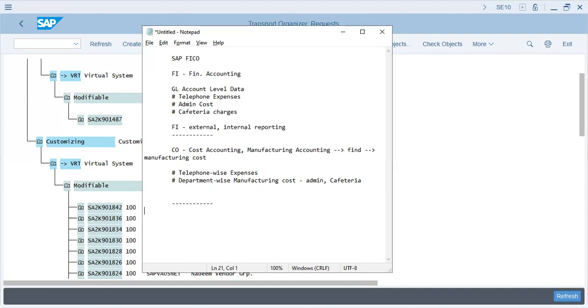So this is just an example I'm giving you right now, but CO is more about